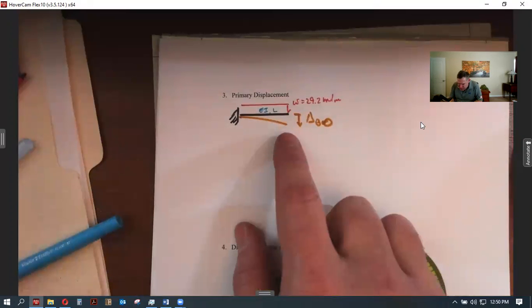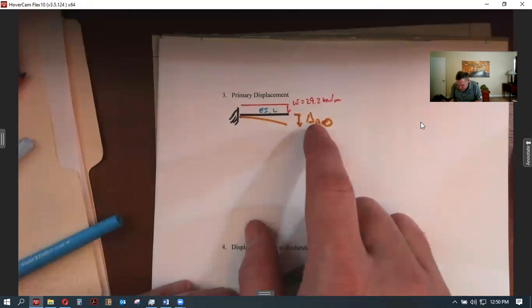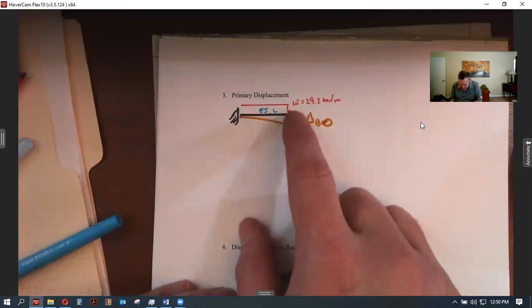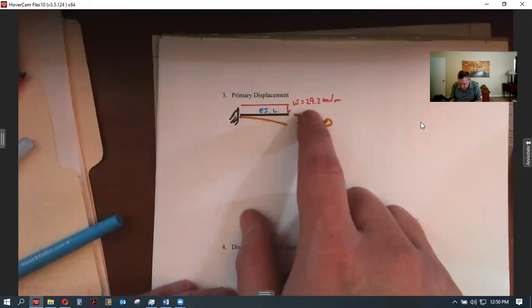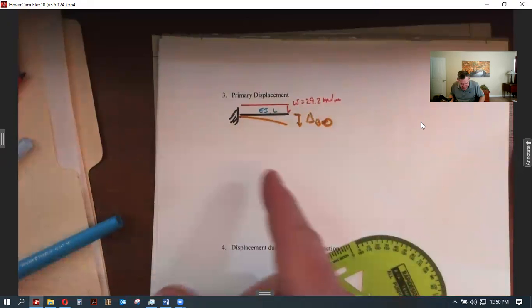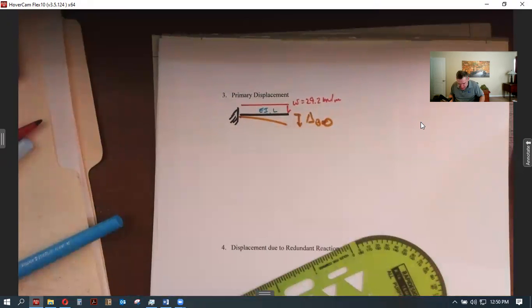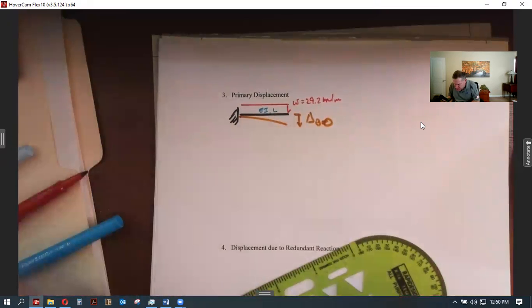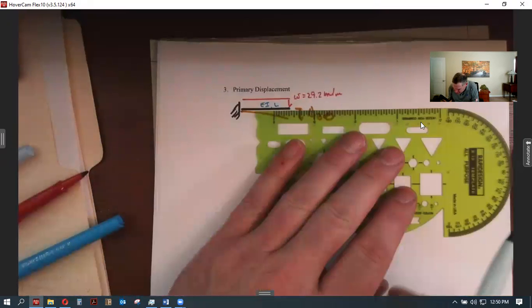All right, the primary displacement is this displacement where we removed the redundant reaction and it is being caused by the actual load. Now this is a case we could look up in a beam table and find an answer. Let's practice working with the moment area method though. And that means we have to go create the moment diagram, and the result of that effort would be that